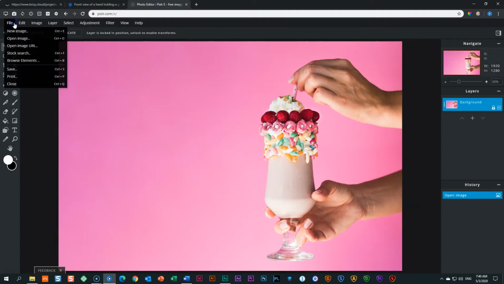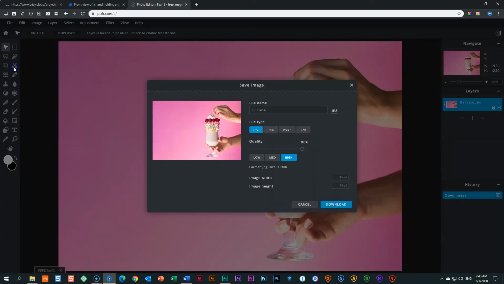Go to the file up here. Click on Save, which is also Control S, Command S, and it will give you this pop-up dialog box. We give it a name first, and we're going to call this Milkshake. That's all, easy one. I'll keep it on JPG, because photos, images like this that are photos, real life, we keep it on JPEG. But I'm going to select here medium, and this time we have a very small file,